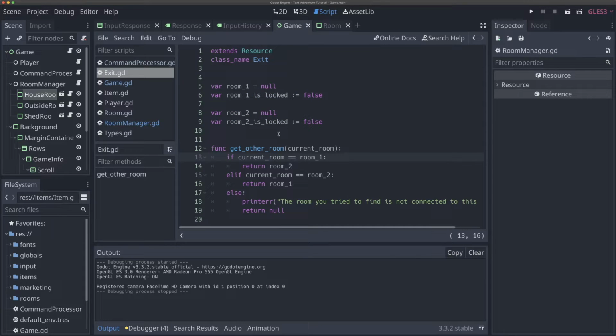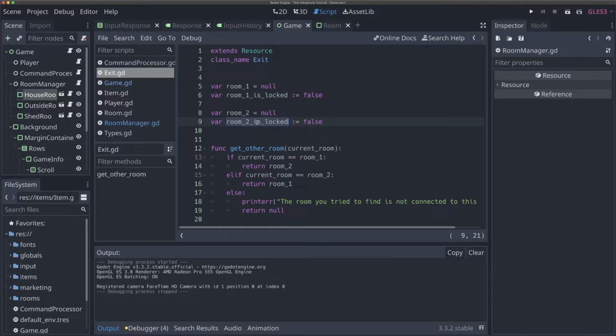I'm not totally sure if I gave an explanation for that in the last video, but basically the reason I wanted to do this is so eventually maybe in your game you want it where both sides of an exit could be locked. So for example, you could have a key that lets you go from a south room to a north room, but you would either need another key to go from the north to the south to go back again, or it just could be a one-way exit. So that's why we have both of these, so that you can only unlock one way, for example,